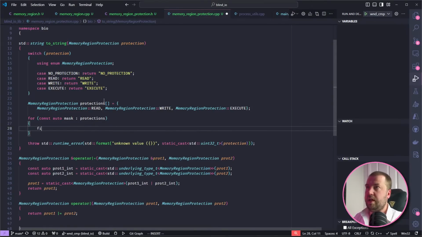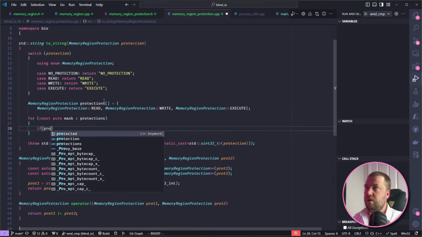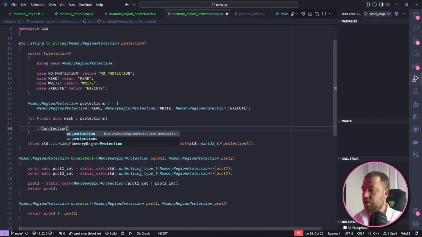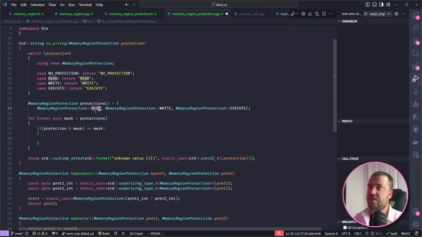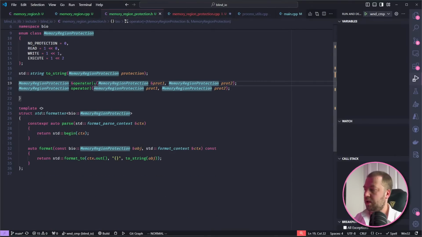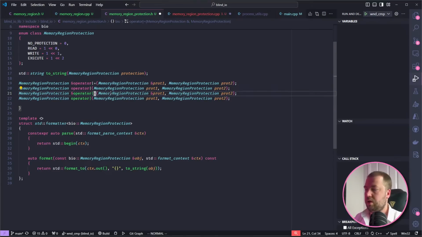Right, what I want to do is if protection and mask equals mask, right? If this is in this, then do something with it, but this won't work, but we can make it work.